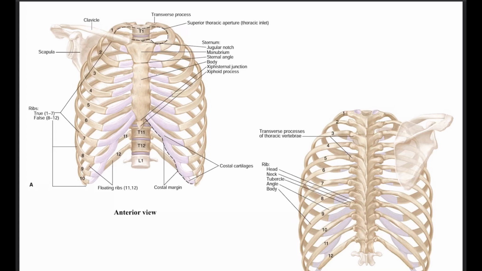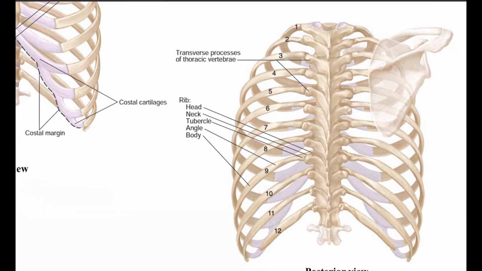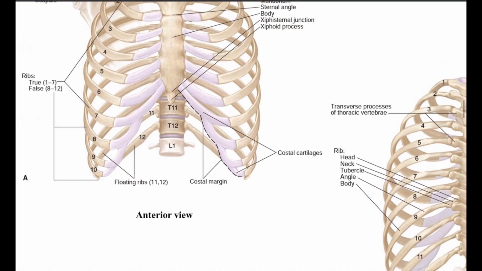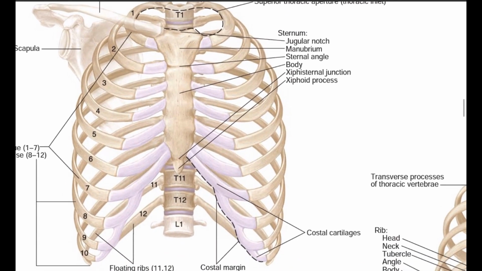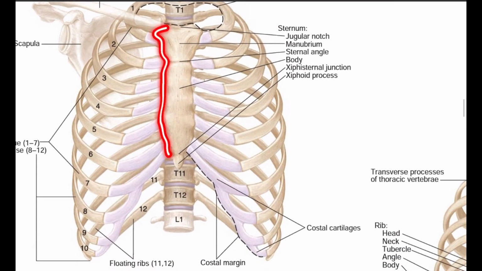Ribs are flat, ribbon-like, elastic bony arches. This one is the arch. So they are like bony arches. They extend from the thoracic vertebra posteriorly. You can see here the ribs extend from the vertebra posteriorly to the lateral borders of the sternum anteriorly. This is the lateral border of the sternum anteriorly.